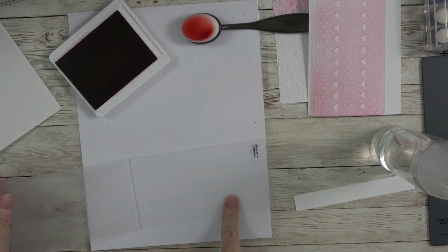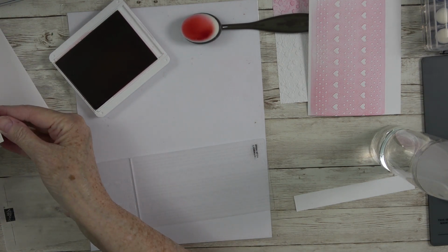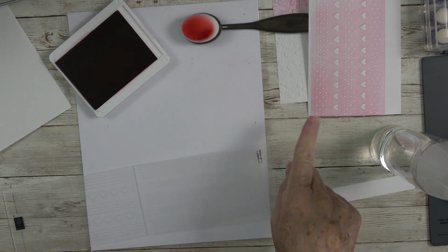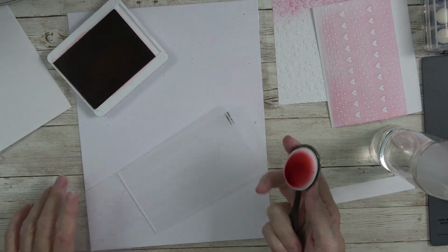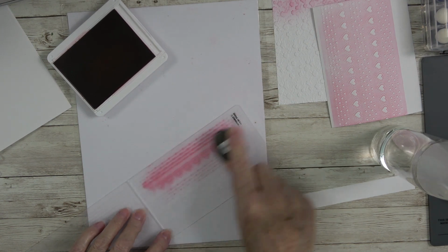So now we're going to put the ink on the right side of it, and we're going to try that. I'm going to go ahead and get a full piece of paper, because I want to see. I had not tried this on this side. I had done this one, but I had not tried it the other way. So let's try it that way. And we're going to go back in again with this red, real red ink. I love the real red. I think it's so pretty. But this is going to give us the opposite effect,